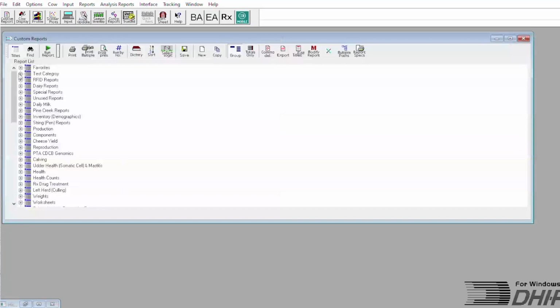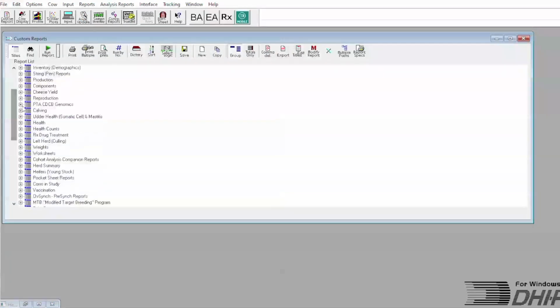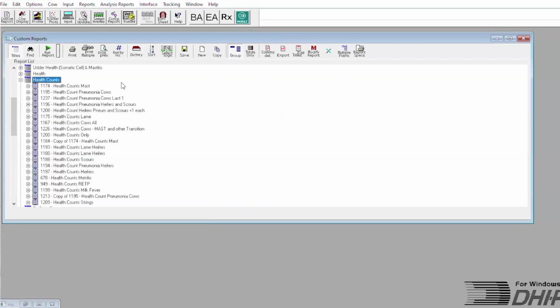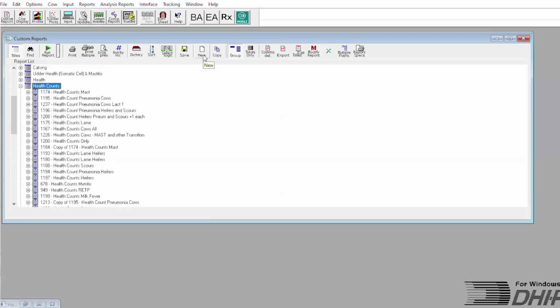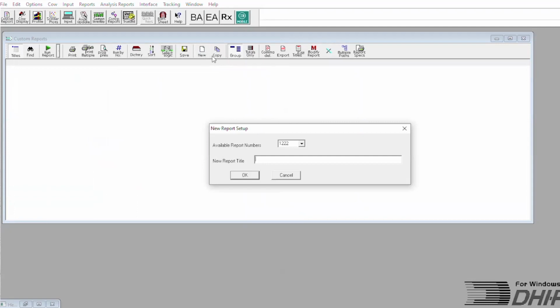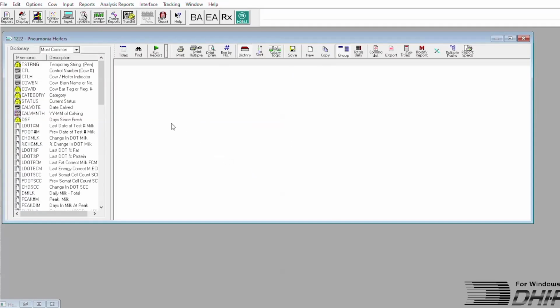First thing you'll do is create a health count custom report. In this case, we're going to do one for heifers with pneumonia. Click the New button in the Custom Reports on the toolbar. Enter the report title, in this case, Health Counts Pneumonia Heifers. Click OK. Add the columns to the report that you want to see.